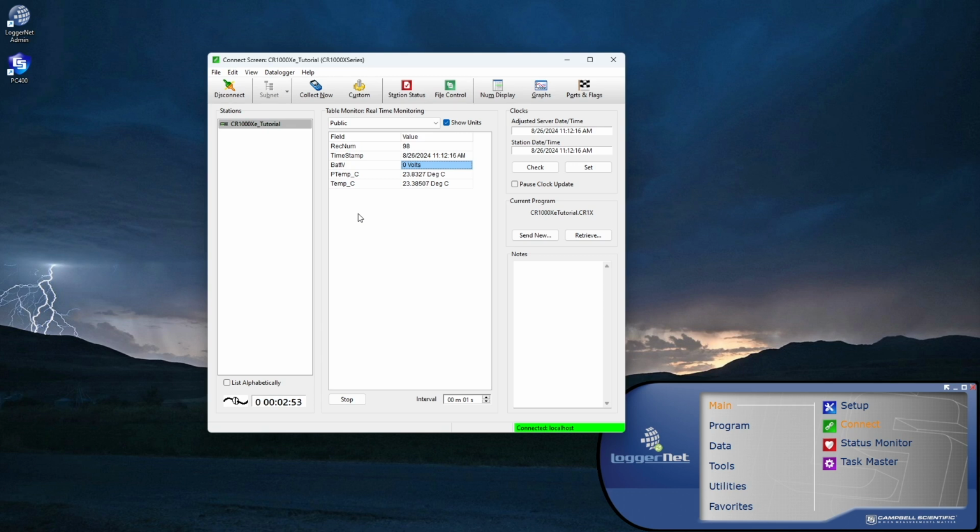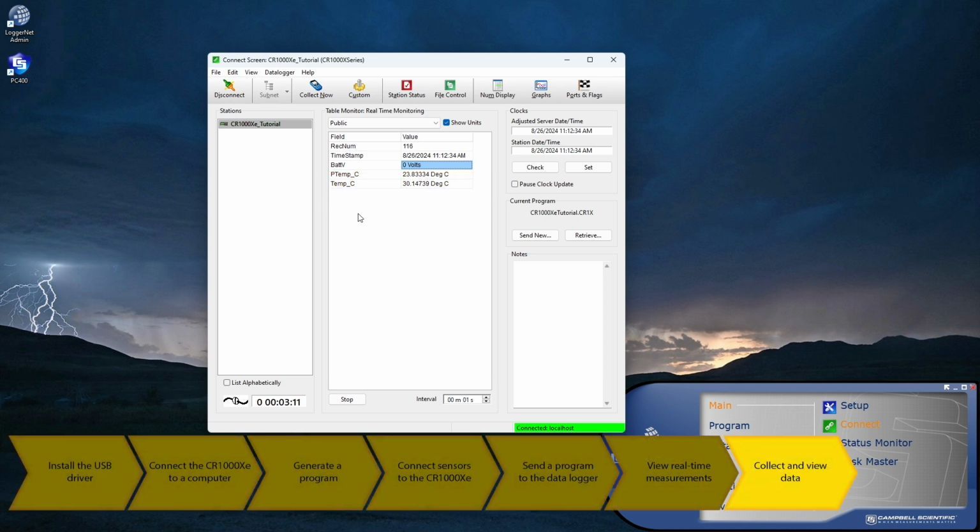If it reads NaN, or not a number, go back to Shortcut and check the wiring diagram. I'll touch the tip of the thermocouple with my fingers and watch the measured value change. If it goes down, that usually means I have it wired backwards. Go back to Shortcut and check the wiring.